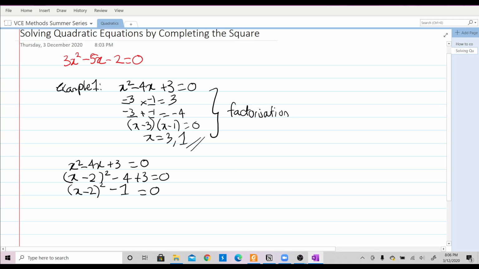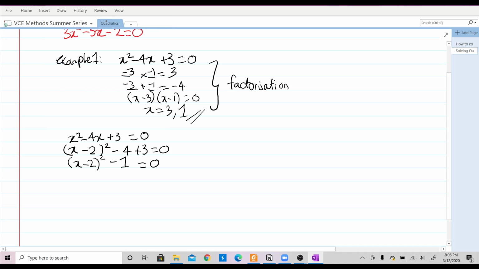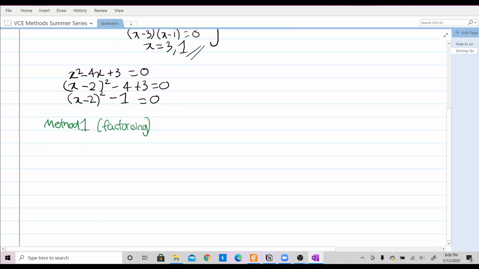Now I'm going to go through two different ways to solve this equation. So let's go through method 1 first. Method 1 is by factorizing. So what we're going to do is go (x minus 2) squared minus, instead of writing 1, we're going to write 1 as a square. So 1 can be written as 1 squared